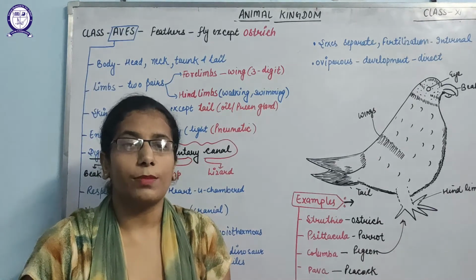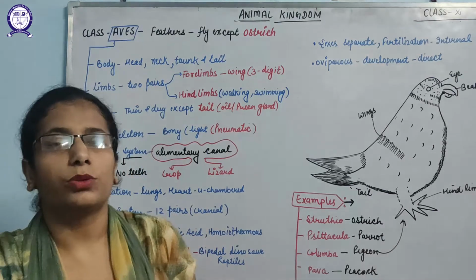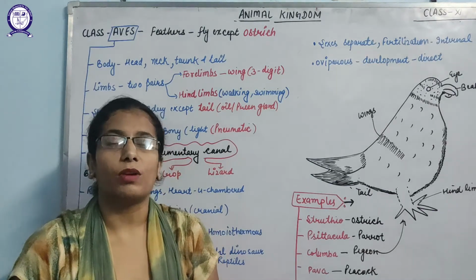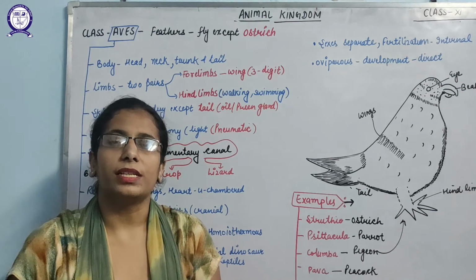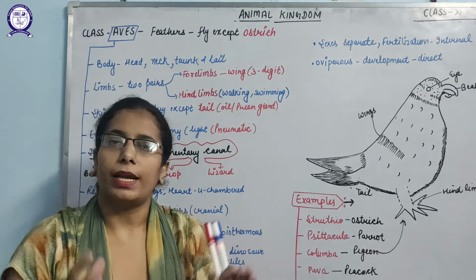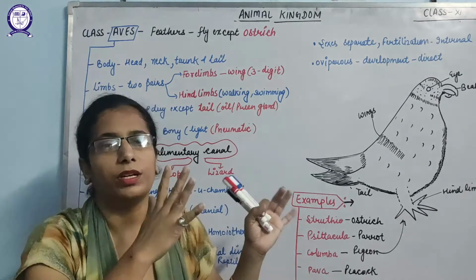Yes, ostrich is the bird that does not fly, but it has feathers. Why? Because the size of the body is larger, as a result it has more body weight. And due to the small size of the wings,